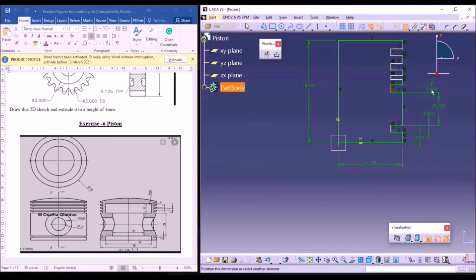Give all the vertical lengths here. After that we can change the length values, so directly I'm going to give the distances. We are giving the vertical distances. Now I'm going to give the horizontal distances, from this point to this point.